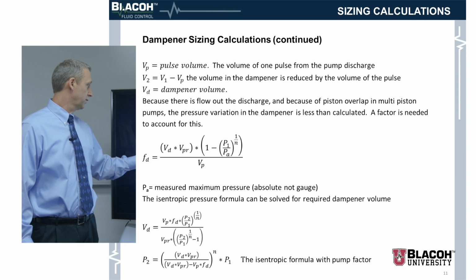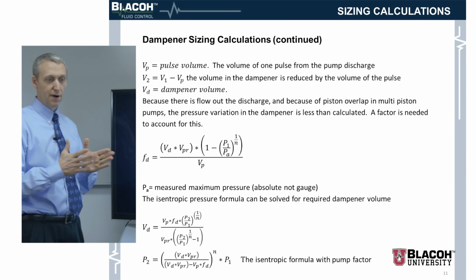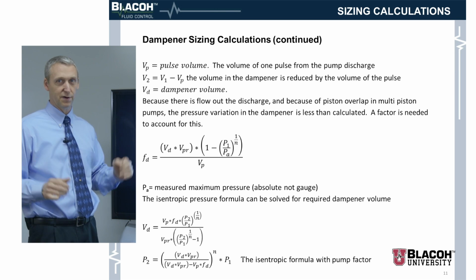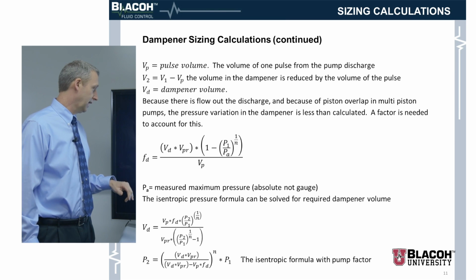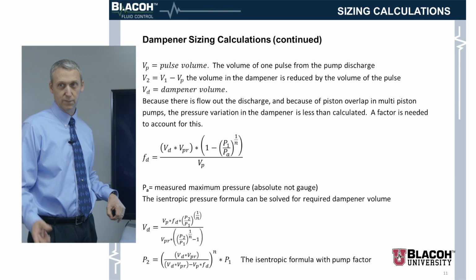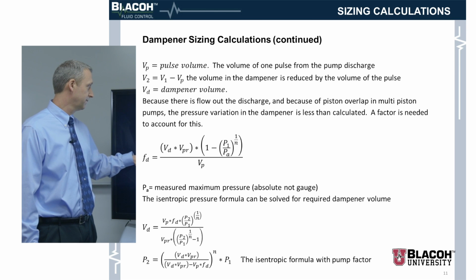Now, okay, we come up with a factor to account for the fact that there's flow going out and the flow coming in is at this varying rate. And we do that by experiment. And this is the formula that we use for that. It's basically the isentropic formula. We just add the factor in for the VP. And this is what we get. This factor,